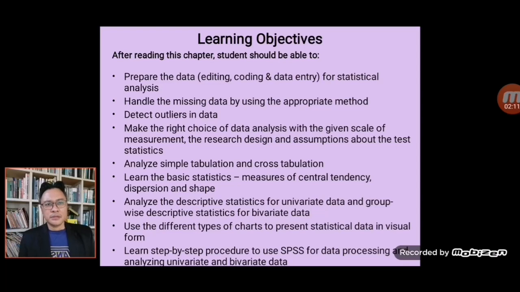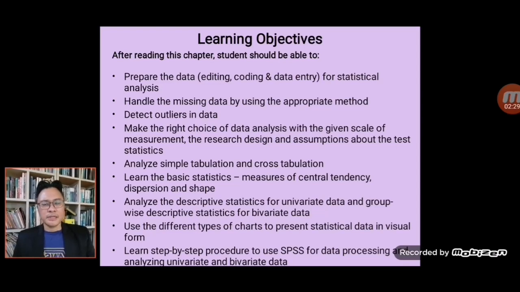After you finish this chapter, you will learn how to prepare the data: editing, coding and data entry for statistical analysis, handle the missing data by using the appropriate method, detect outliers in data, make the right choice of data analysis with a given scale of measurement, analyze simple tabulation and cross-tabulation, learn basic statistics, analyze descriptive statistics, use different types of charts, present statistical data in visual form, learn the step-by-step procedure to use SPSS for data processing, analyzing